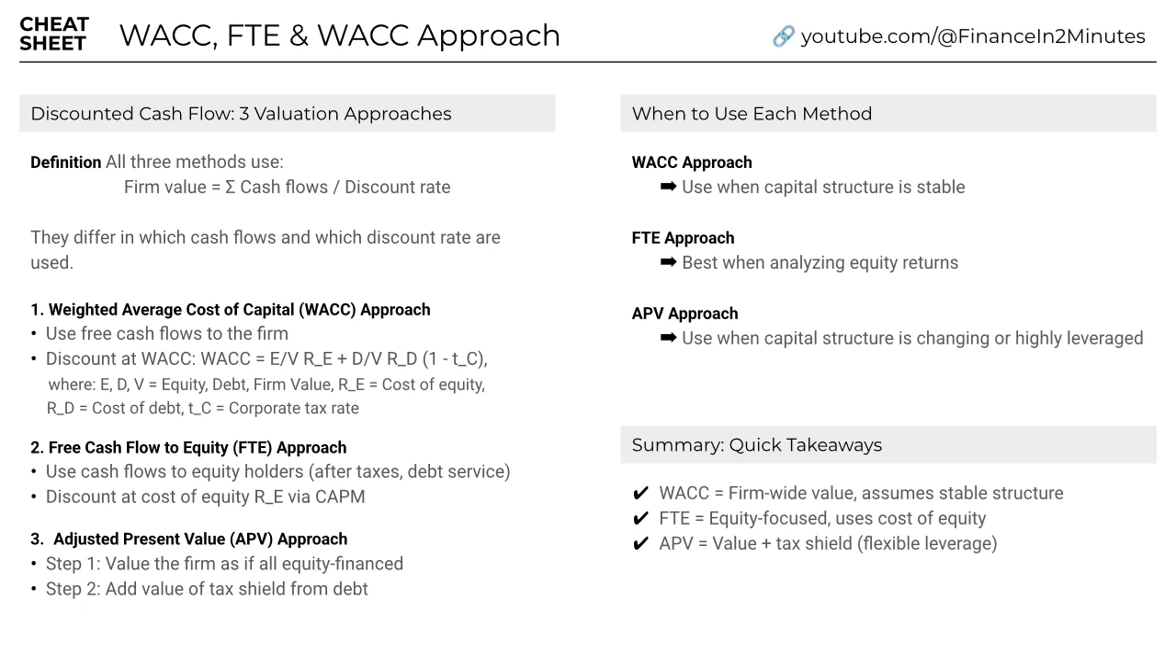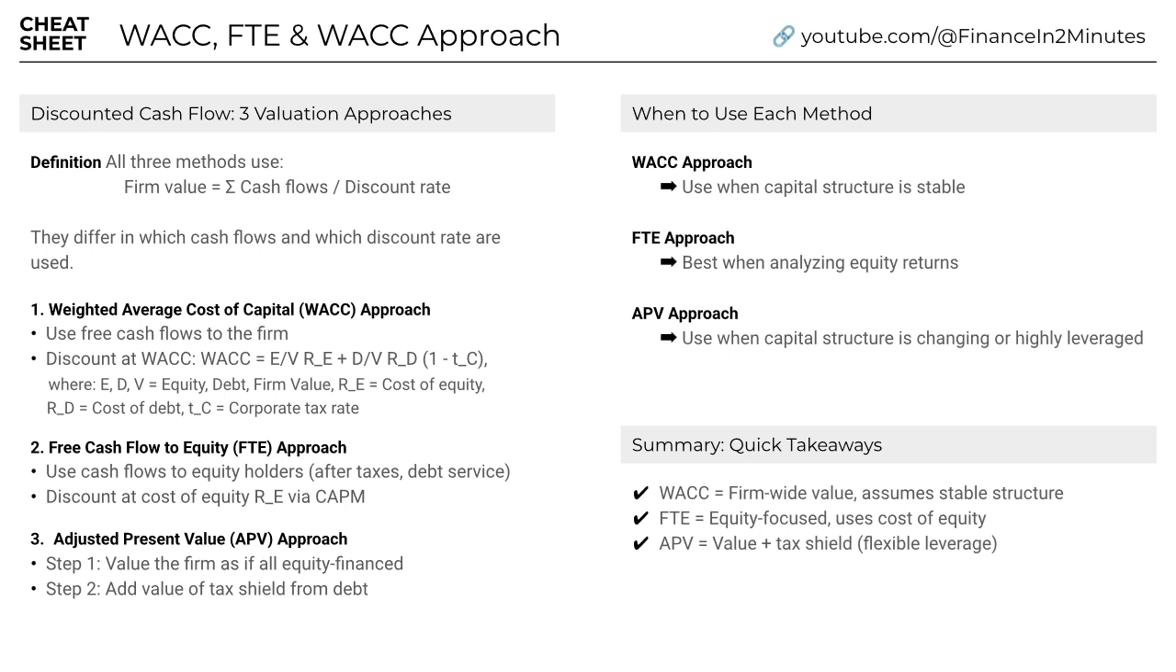Next is the free cash flow to equity, or FTE approach. This method focuses specifically on the cash flows available to equity investors after subtracting taxes, expenses, and debt repayments. These cash flows are discounted using the cost of equity, which is often estimated with the capital asset pricing model, or CAPM. CAPM takes into account the risk-free rate, the market risk premium, and the firm's beta, its sensitivity to